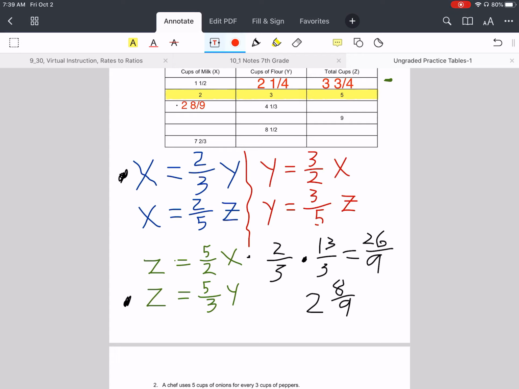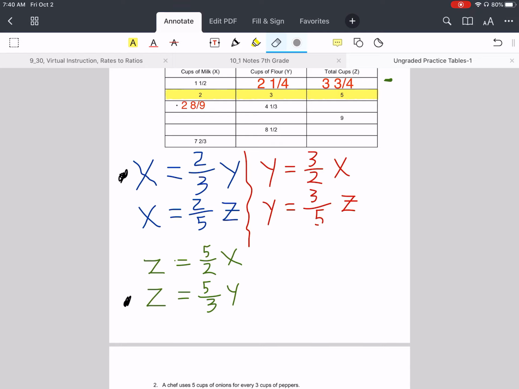Moving on to the z value, and remember, now that you have the x value, you could use different equations, or you could add up the x and the y. But we're going to continue with our plan and use the equation z equals 5/3 times y. In this case, so 5/3, and our y is again 13 over 3, which is going to equal 65